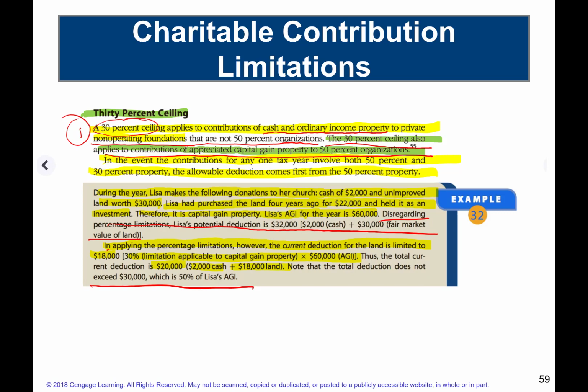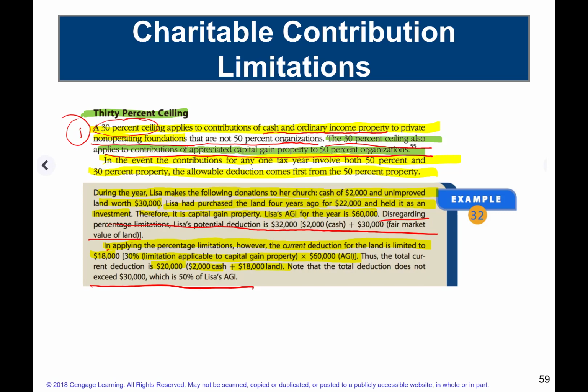Exceed the 50% of AGI, then she would be limited on what she could take on that 30% capital gains property. So there's always that 50% that's looming out there, and you've got to use up your 50% against the 50% category first. Then you can start to use up your overall 50% against the 30% property. So had her cash pushed her over the 50% of the AGI, she would have had to cap it at 50 or take the lower?